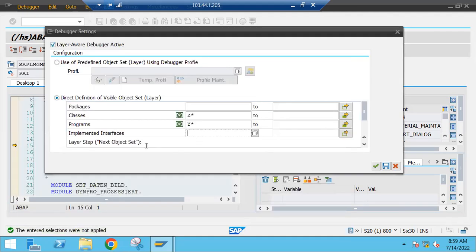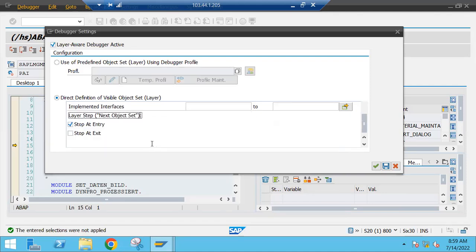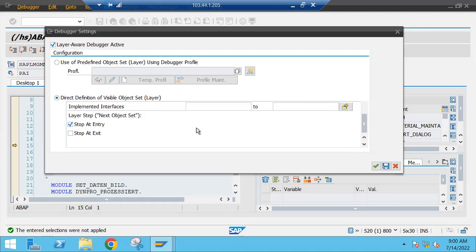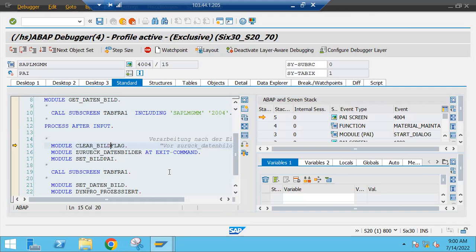Next object set, that's fine, completely leave that, it is not required. And here is layer step, stop at entry or stop at exit, where you want to get a stop. Whenever you find this kind of object, do you want to get a stop in the beginning? Yes, I want to get a stop in the beginning so that I can debug the remaining code of that particular object set. Okay, now press